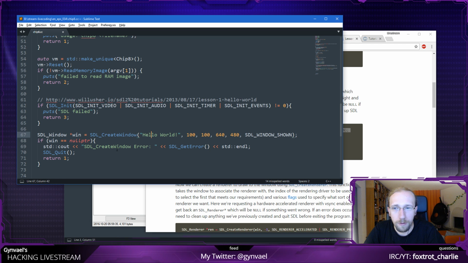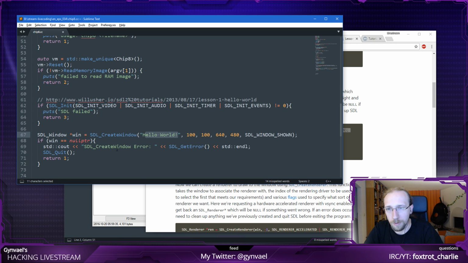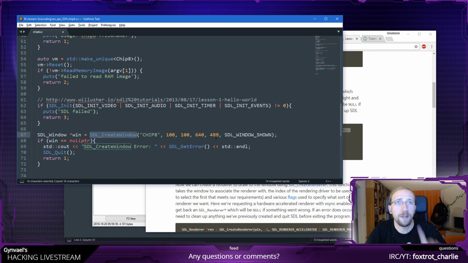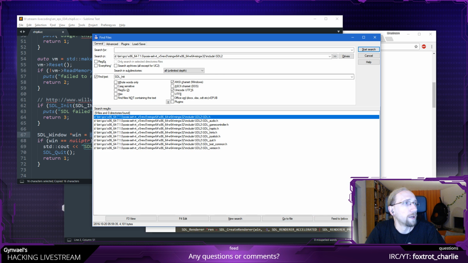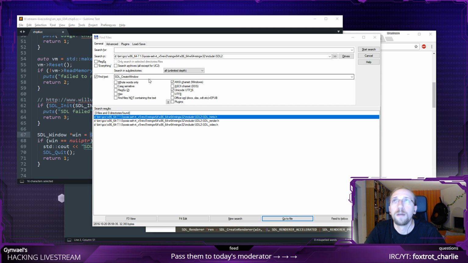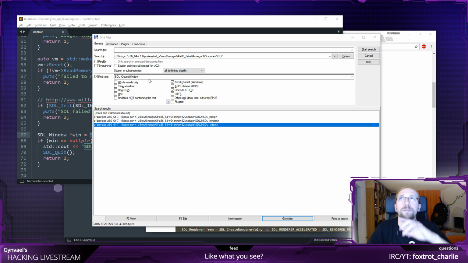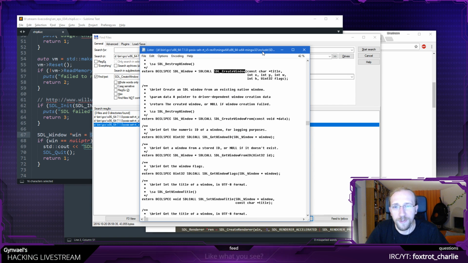So again, window, okay, hello world, CHIP-8. The question is, because I don't want it to be at these coordinates, and at these coordinates I have my upper monitor, it would be better if there would actually be a hint which says, please make sure that the window is centered, right?